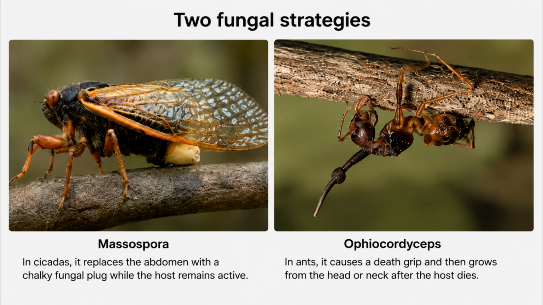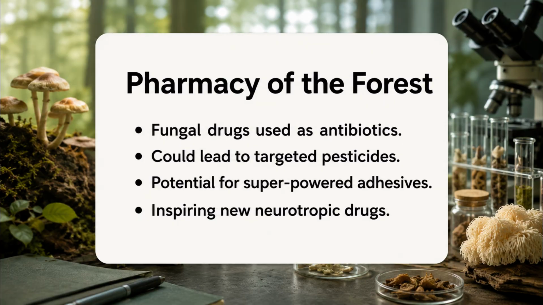This is a great comparison of their macabre strategies. On one side, you have this stealthy ant fungus. It's a patient assassin. It waits until the ant is dead and firmly anchored before it ever reveals itself and sprouts its spores. On the other side, you have the gruesome Massospora. It rips open a cicada's abdomen and replaces it with a spore-shedding plug while the host is still super active. Why? Because an active cicada buzzing around interacting with others is basically a flying salt shaker of spores, maximizing the spread of infection. Act 5, the twist.